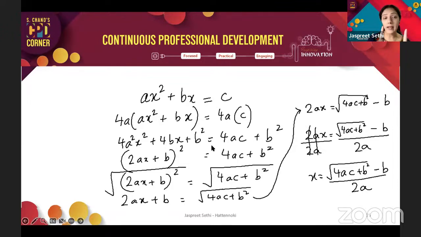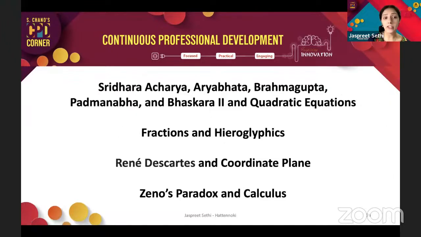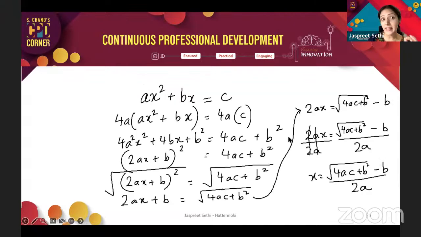Before I say this, I do have to pause. If I have my high school teachers here, I do have to say that this is a little different from completing the square, which is what I will talk about in my next slide. This is what has been done by Sridhar Acharya. So it's slightly different, but it's actually really cool. And I sometimes on a personal level feel it's simpler than teaching completing the square.